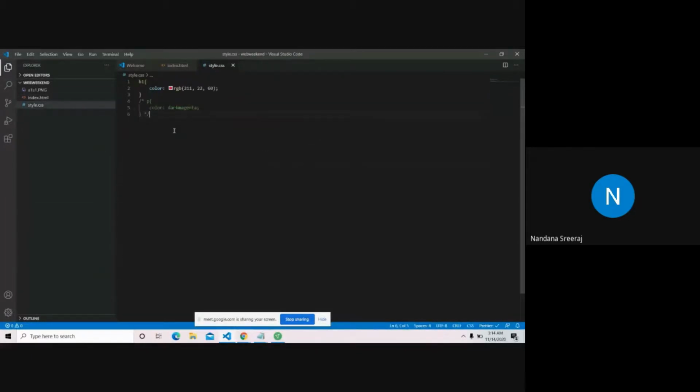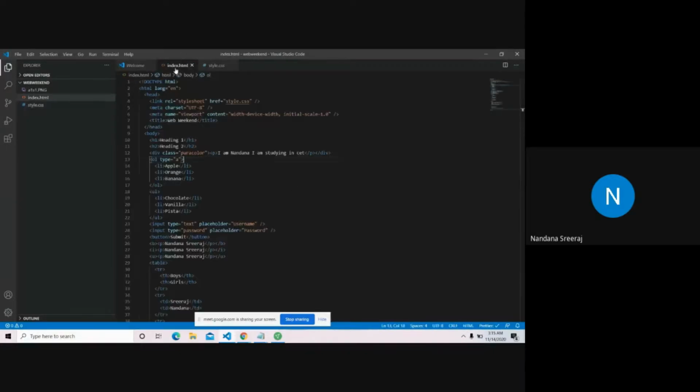Now let's give the class. I can't just give paracolor here. See, it doesn't work. It is not the correct way. You can't give it like that, because if you give paracolor like that, it means that it's a tag. It's not a tag, it's a class, right? So for accessing a class, use a dot operator. Dot class name, paracolor. And now I'll specify the color as some dark orange.